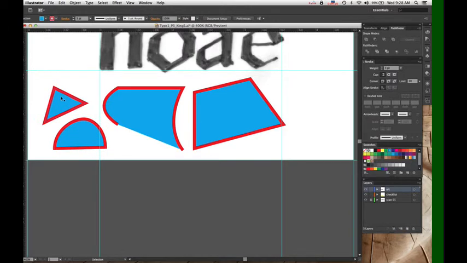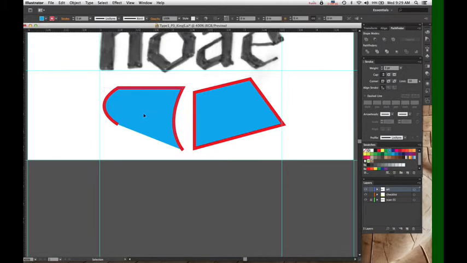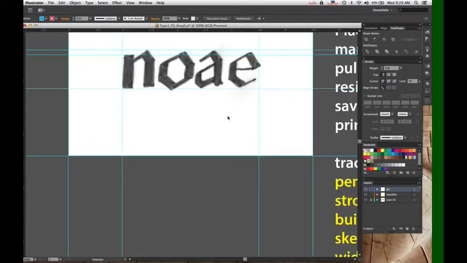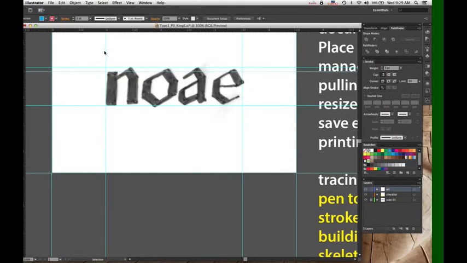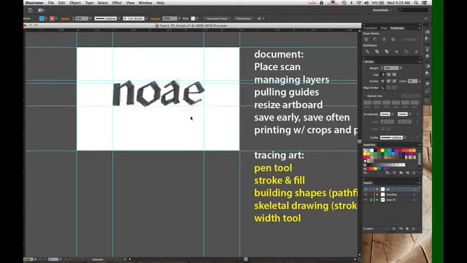Okay, so those are pen tool basics. There are lots and lots of tutorials online about using the pen tool. The pen tool is always frustrating at first because it is a really non-intuitive way to draw. But please believe me when I say that you can learn it. Once you get through the learning curve, it's actually pretty useful. Alright, so those are some pen tool basics that I covered, and I also covered stroke and fill.